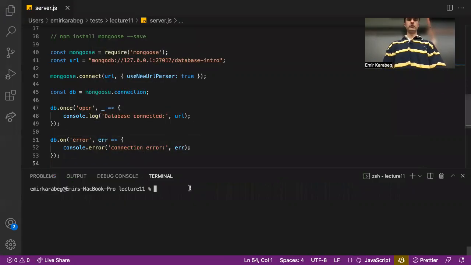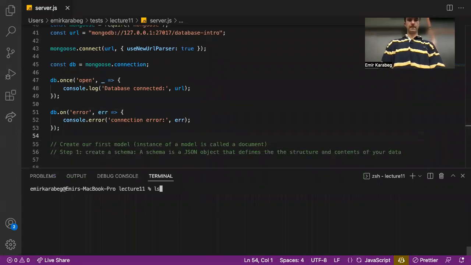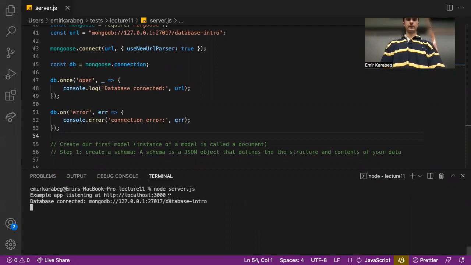Let's go into our terminal. Make sure that my server is there. It is. So I'm going to say node server.js. Cool. So we see two things, and they're important pieces of information. The first one tells us that we have an example app listening. So we started some server and it's listening on localhost 3000. And we connected our database at this